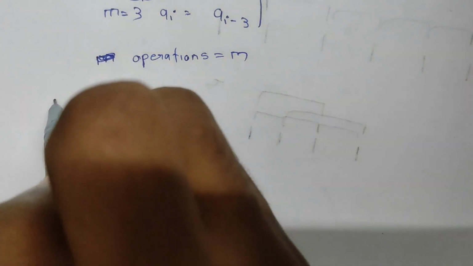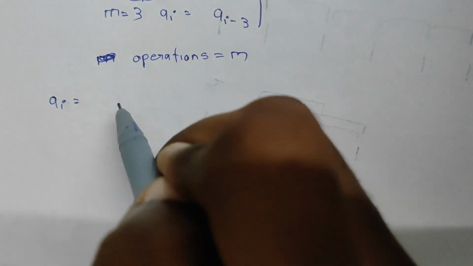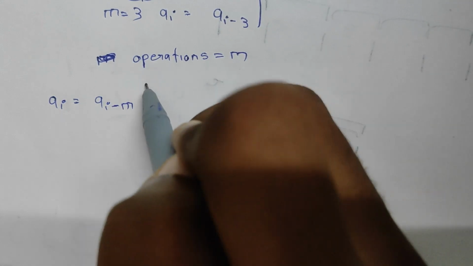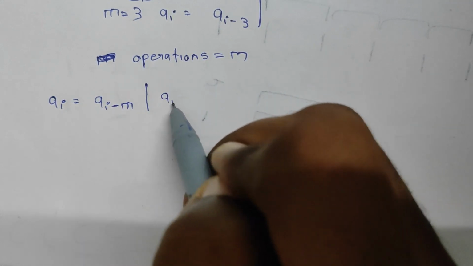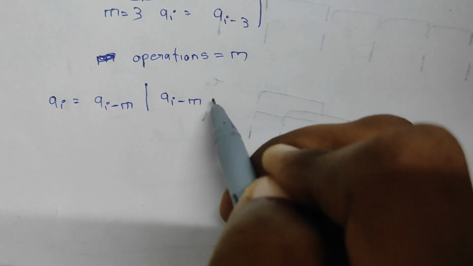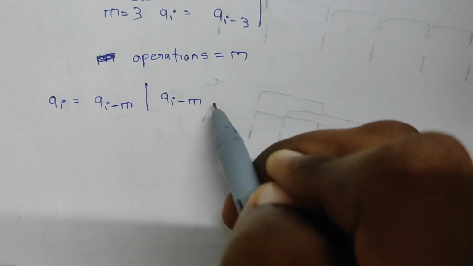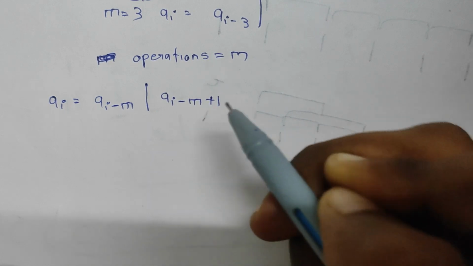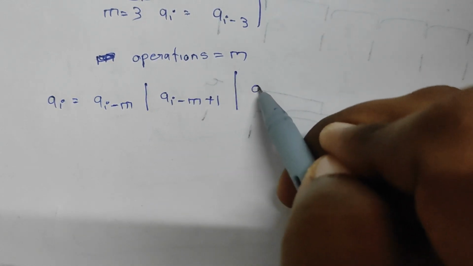The value of ai will be equal to ai minus m bitwise OR ai minus m plus 1 bitwise OR ai,